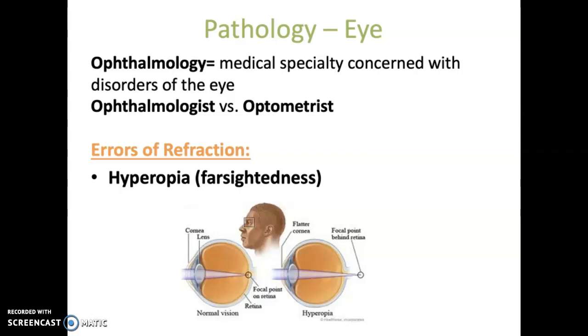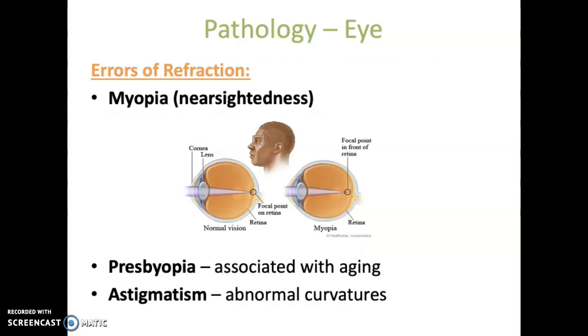We'll start with some of the errors that can occur with refraction. These occur when light enters the eye, but it doesn't land directly on the retina. There is hyperopia, which is farsightedness. This is when the eyeball is too short and light lands behind the retina. Myopia is when the eyeball is too long, so light lands in front of the retina, and this is called nearsightedness. Presbyopia is a form of farsightedness associated with aging, and astigmatism is when an individual has an abnormally